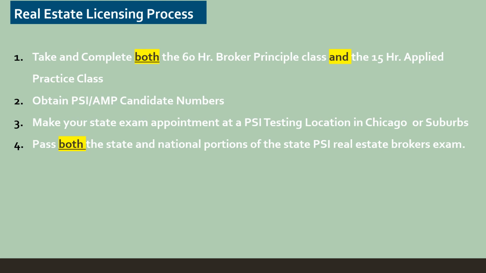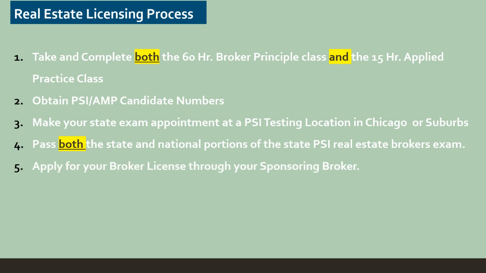When you take your state exam, you're going to take two portions of the Illinois broker's license state exam. You're going to take a national portion and then also a state of Illinois portion, if you will. The national portion is national real estate laws, and the state portion is Illinois laws. So just know that you'll have two parts to pass. I'll also give you a link that'll explain both of these portions. I'll give you what's called a candidate handbook, and that'll drill down in detail what's covered on both portions. So I'll have a link as you go through the course for that as well.